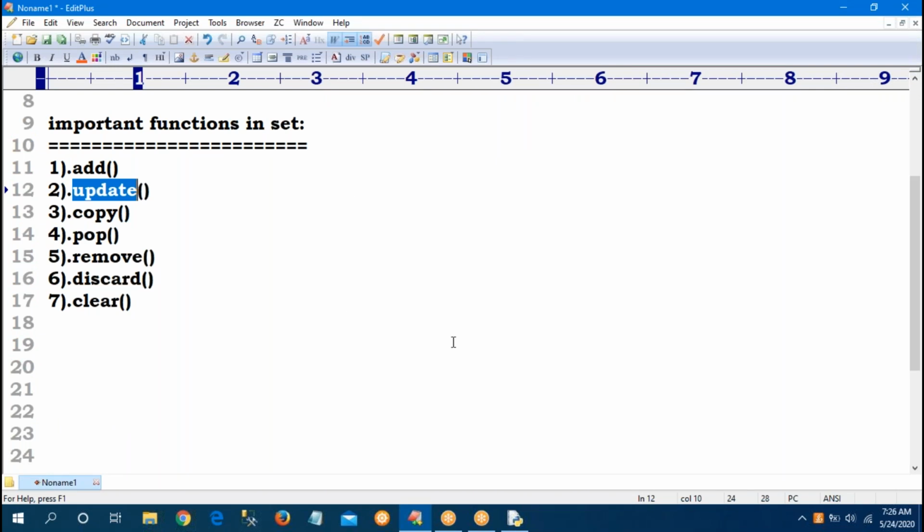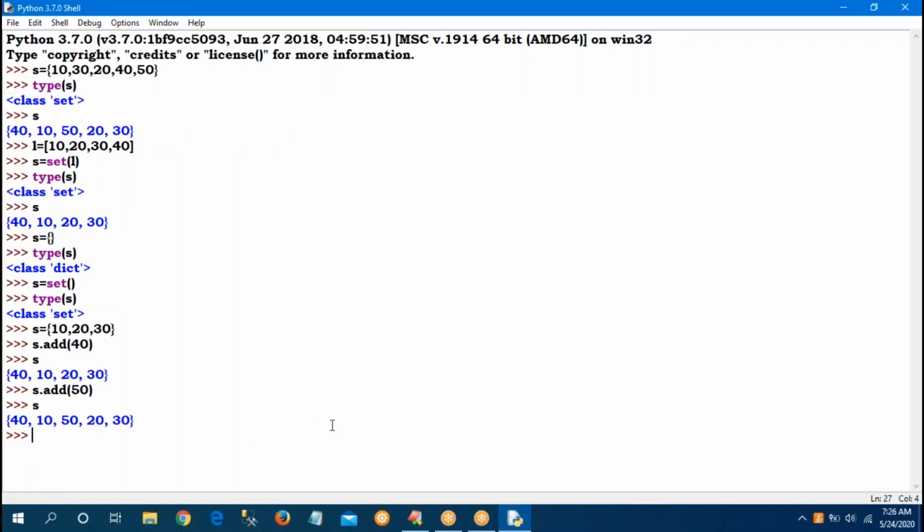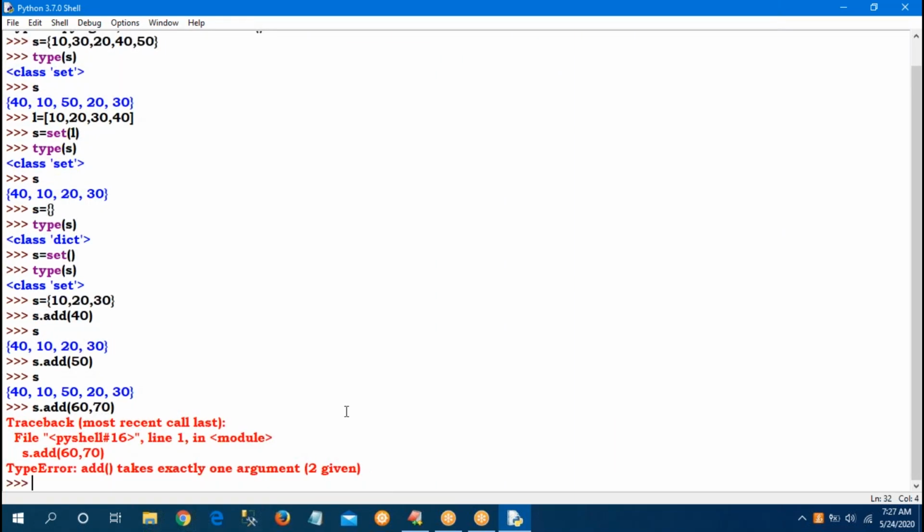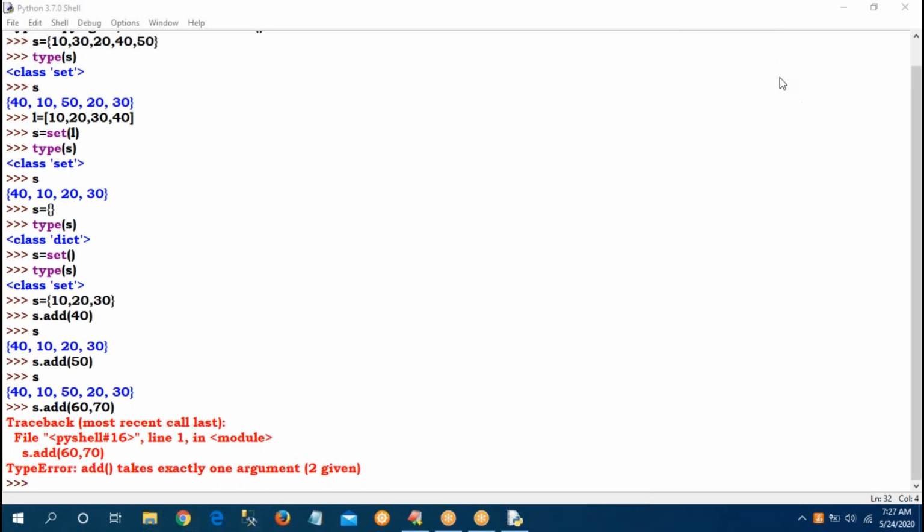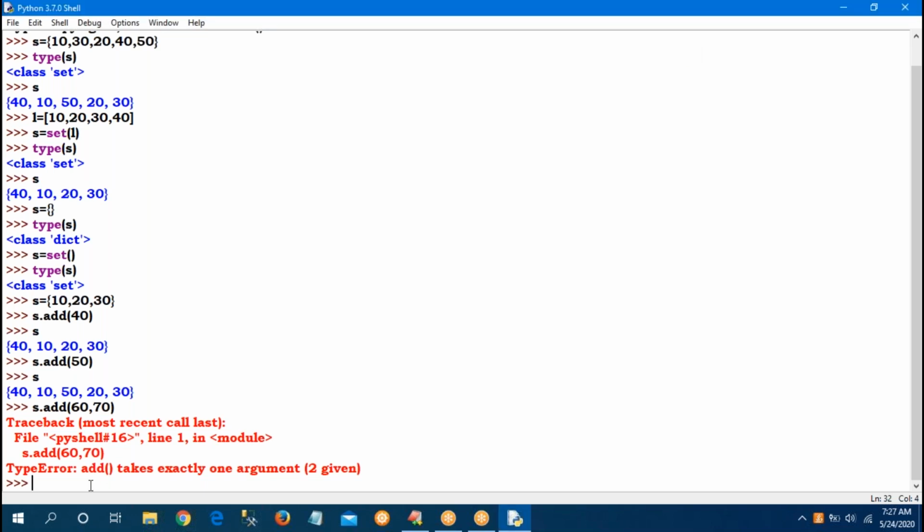If you want to add multiple items, s dot add of 60 comma 70 will not work, because adding two items is not possible, only one item is possible. To update multiple values, we use the update function.